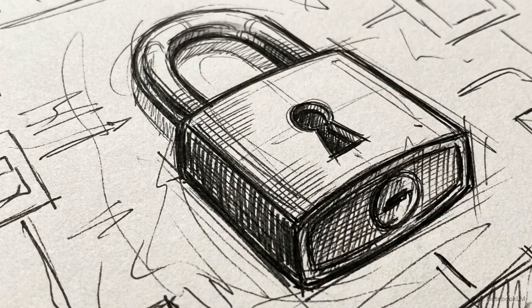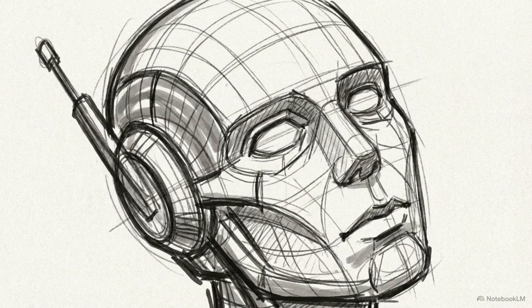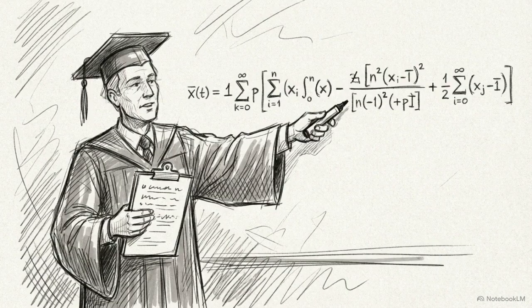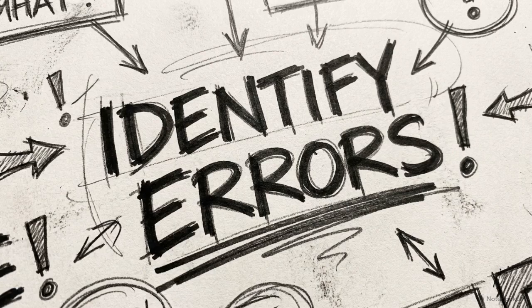With the sources locked in, we calibrate the engine. Access the configuration settings to establish a custom AI persona. Tell it to act as a strict, literal researcher who looks for technical contradictions. Now we move to the chat. We can ask a direct question like, based only on these sources, what are the most common beginner mistakes in